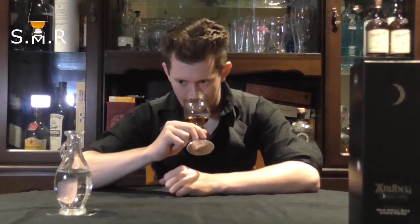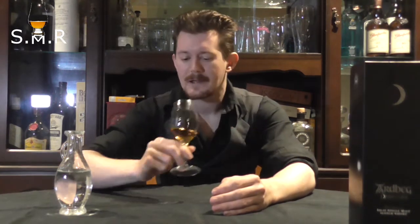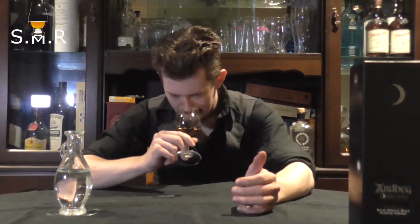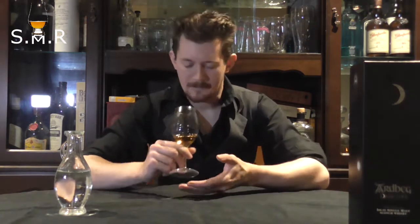Whew. That's an exciting nose right off the bat. Right off the bat you can tell this is something else. It's very, very different to your normal Ardbeg. Of course, the classic formula, what comes from the spirit and what comes from the peat, is still there. That tremendous sort of bituminous character, that's tar to most people, I suppose. That sort of oily Hessian sack, that tremendous citrus, lemon, lime, and that smoked meat. That's all still there, but